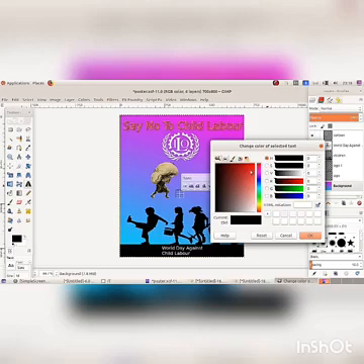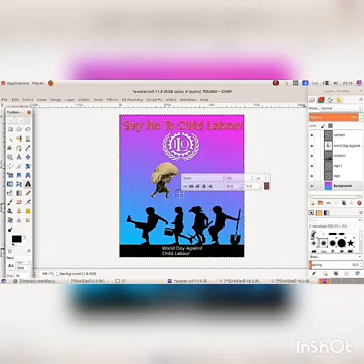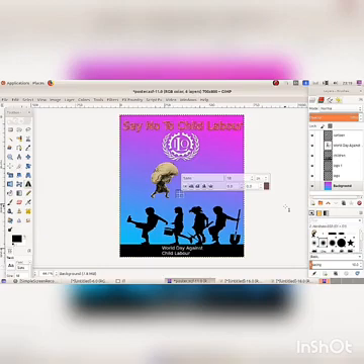Select a color from the color palette. Then click on the OK button. Type the text June 12th.